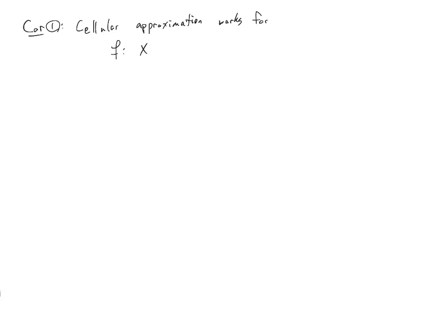So if I have f from X, A to Y, B, and this is not an inclusion necessarily, what we can do is take f restricted to A, mapping from A to B, replace it by a cellular map, and then we can extend that